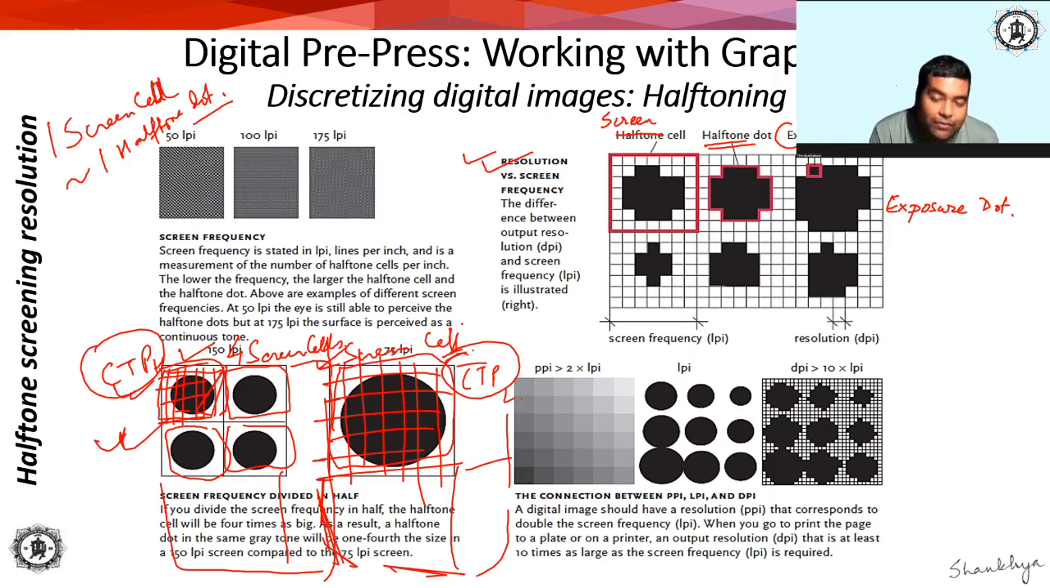If you have not understood till now, just go back, listen again, and then start again from this point. This is quite important. Now, the last part is talking about the exposure dot. See, CTP basically is a machine; CTP stands for computer to plate. Everybody knows that. That is nothing new. So what CTP does is,